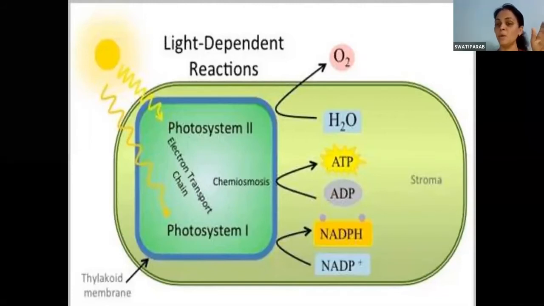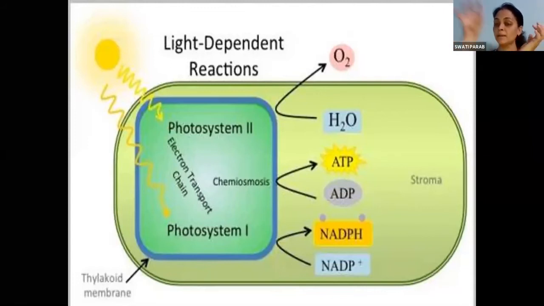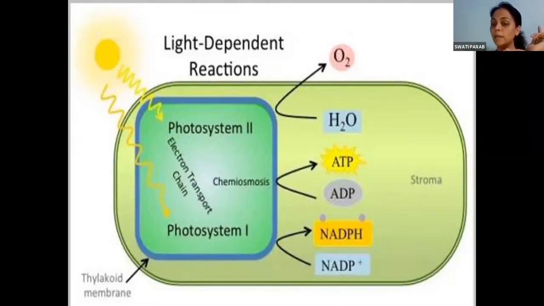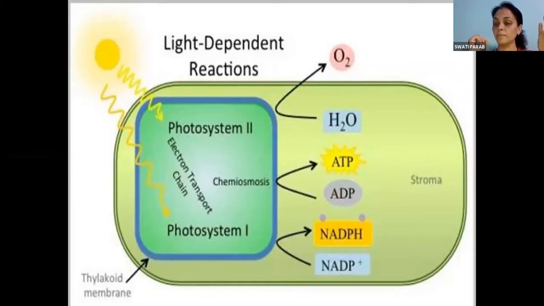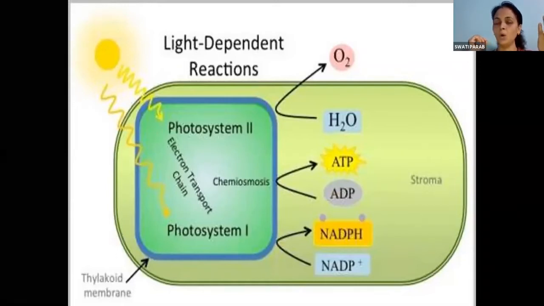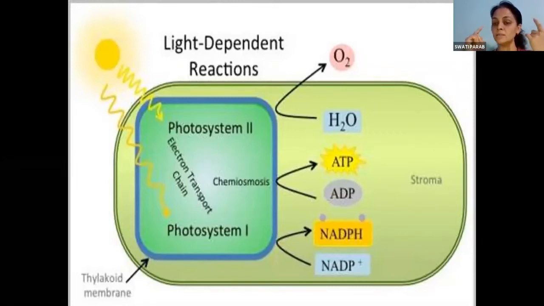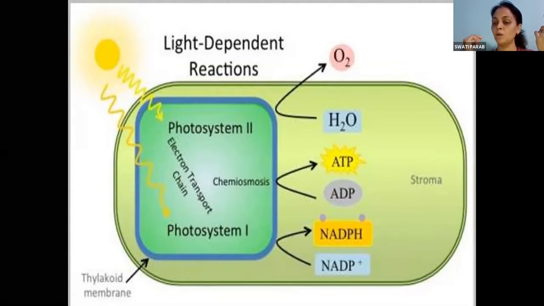As I told you last time, when all the accessory pigments trap sunlight and bring it up to chlorophyll A, correct? So when this light energy reaches chlorophyll A, it gets excited, and what does it do? When the light energy reaches chlorophyll A, yes? Ma'am, it converts into chemical energy. No. Once it gets excited, what does it do? It gives out. Will you try? When chlorophyll A gets excited, what happens? It releases out.